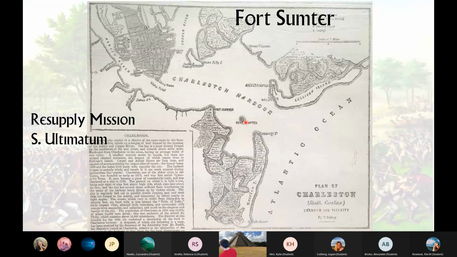Buchanan thought about sending a resupply mission, just food, no weapons, just food. Lincoln continued it. A ship called the Star of the West was on its way. But the South knew with food, they could stay indefinitely unless they wanted war. So the South sent an ultimatum. Before the ship could arrive, surrender. And Lincoln is kind of stuck. Lincoln continues the peaceful resupply mission, but knows he has no choice but to send a resupply. A surrender will be humiliating.